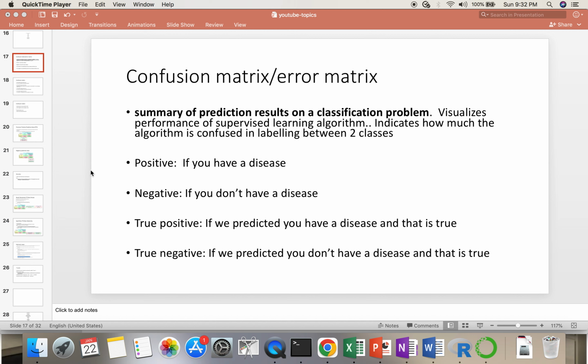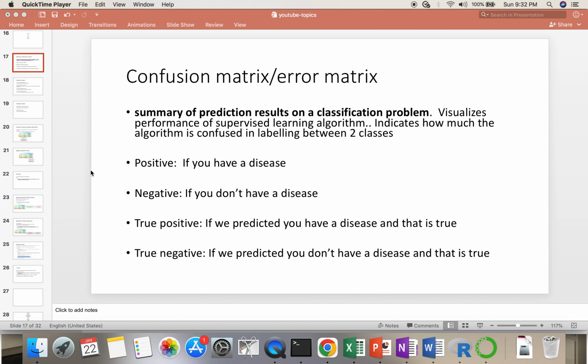This video is about what a confusion matrix is and what the metrics are that we can derive from the confusion matrix. So, when you're doing a classification problem,